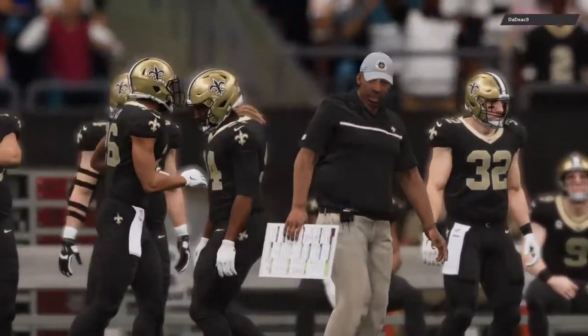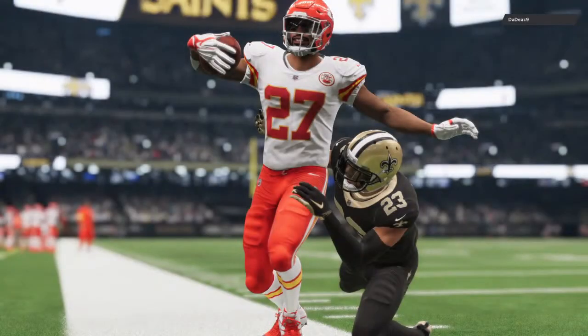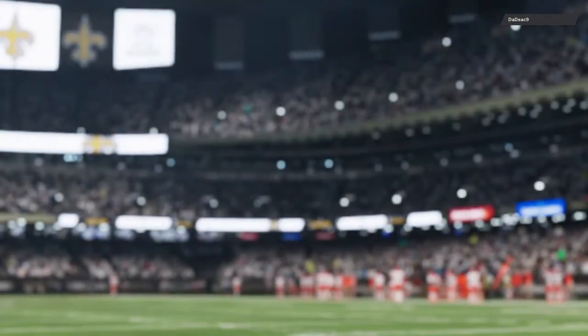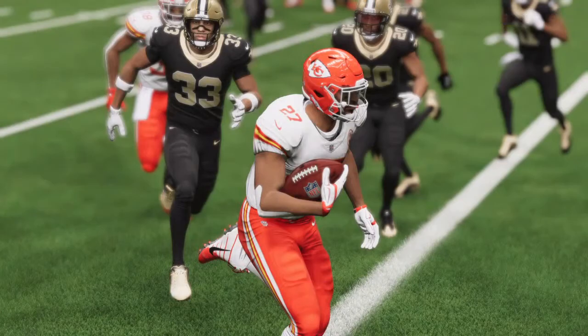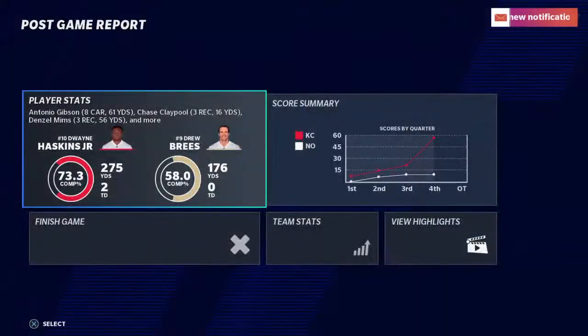A big offensive explosion helped lead them to victory. And the defensive guys, they're just saying, hey, put those points up every week. We'll just keep winning. They will gratefully accept them, won't they? It makes their job that much easier when they're scoring that many points. Allows them to play with a totally different style and a different flow. So for Kansas City, they continue to roll as the